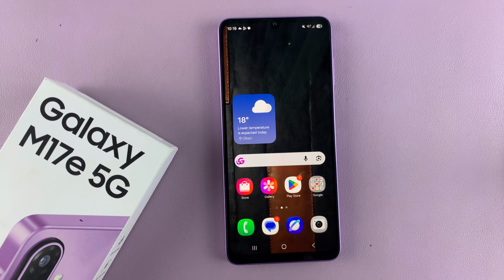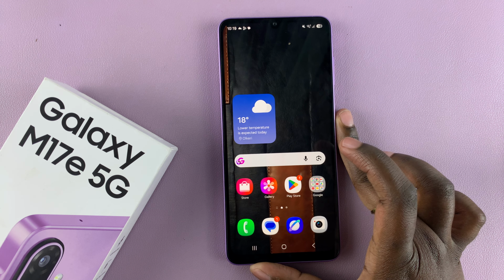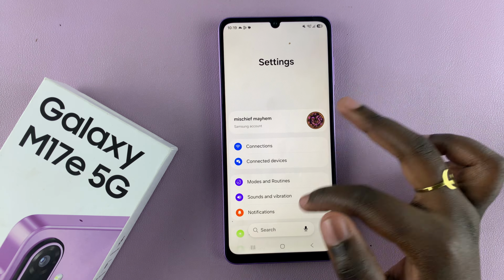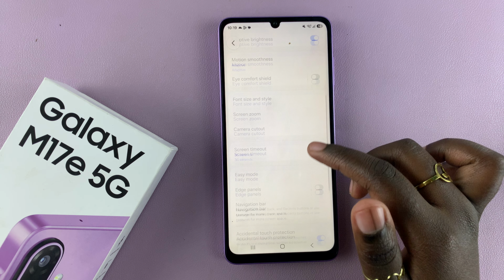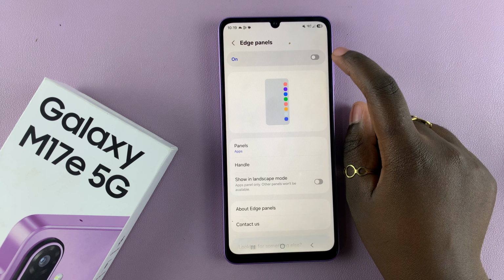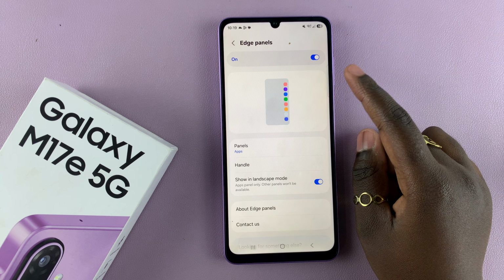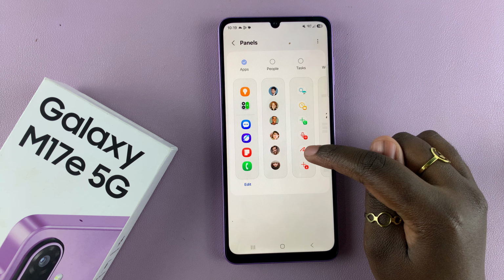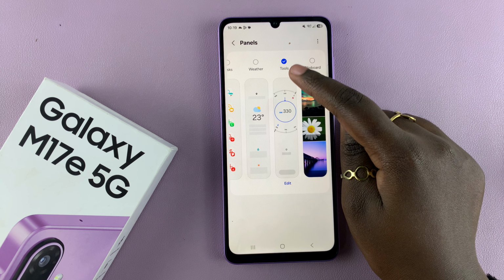To use the built-in compass on your Samsung Galaxy M17e, you need to open up Settings and then select Display. Under Display, look for Edge Panels and select it. Then from here, just ensure that Edge Panels are enabled. Then you want to go ahead and select Panels and choose the option Tools, so ensure that it's been added